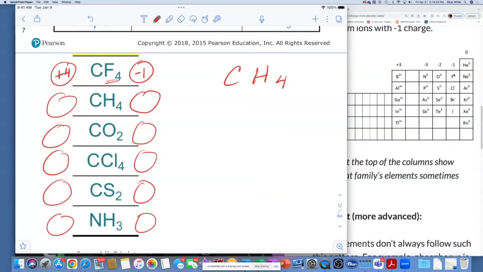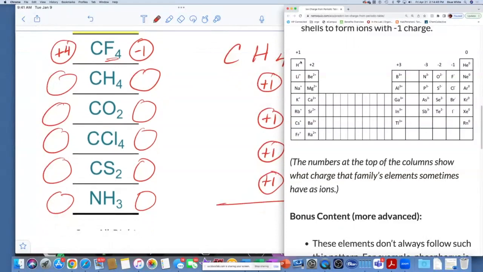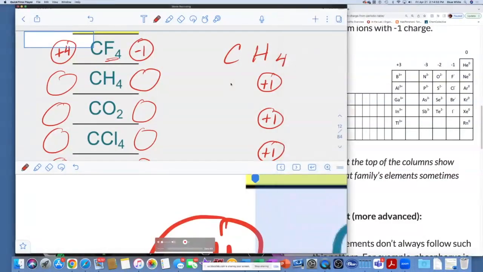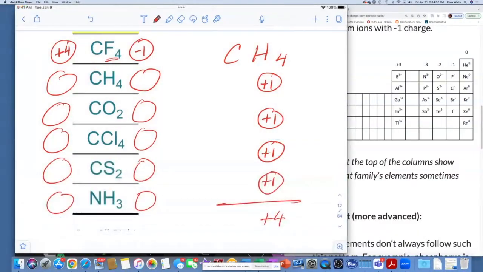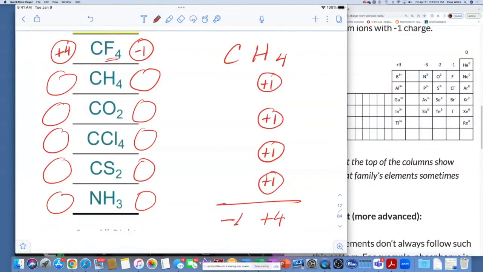CH4. Okay, once again, let's start. 1, 2, 3, 4. So looking at this right here, hydrogen, each hydrogen is +1, correct? +1, +1, +1, +1. So since hydrogen totals +4, that means carbon has to adapt to, oops, I just realized, what did I do here? Oh, my bad. Yeah, carbon has to adapt to hydrogen, so carbon will have to be -4 to make the